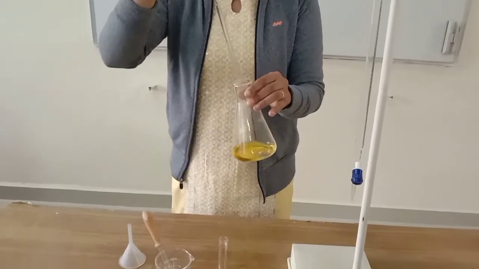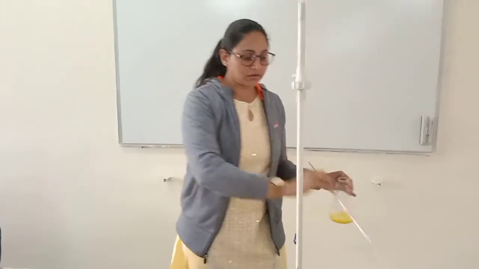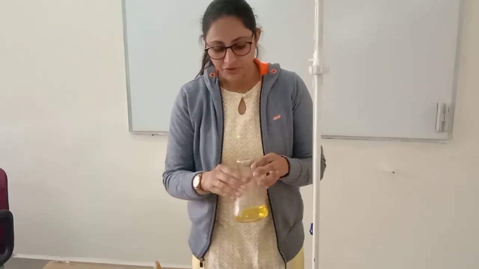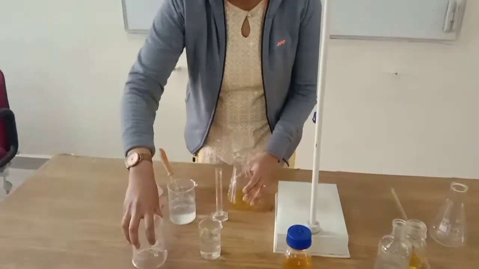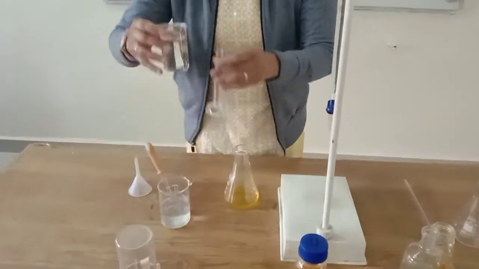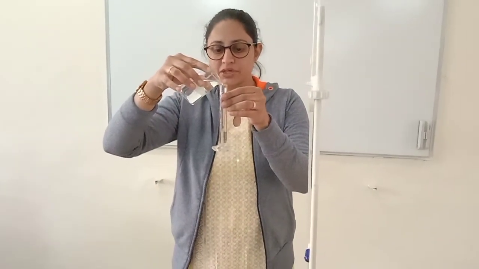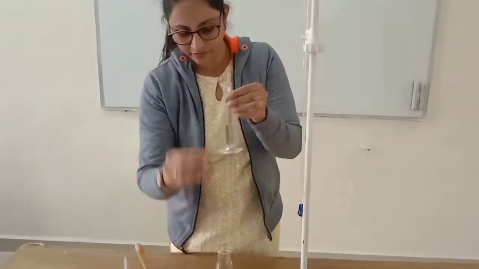Iodometric is a way of titrating the solution. This is the indirect way of titrating the solution through iodine. So this is potassium dichromate. To this I am going to add potassium iodide. 10% potassium iodide is added to it. I will take 5 ml of potassium iodide through a measuring cylinder.